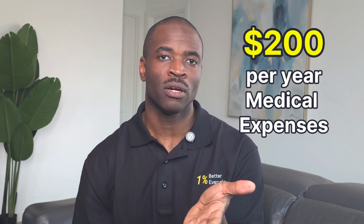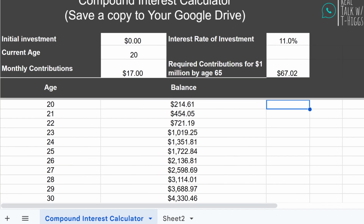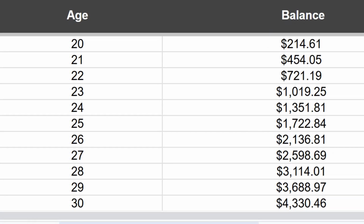So a good example of this deferred reimbursement: imagine you are paying out of pocket about $200 a year for Tylenol and NyQuil, and over 10 years, that's about $2,000 of spending. But instead of actually taking it out of your HSA, you let that money compound in an S&P 500 index fund. Over 10 years, that $2,000 would have turned into